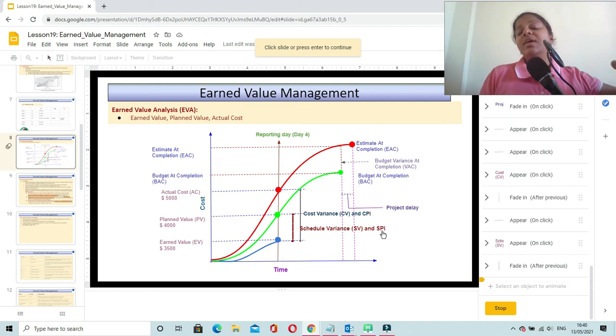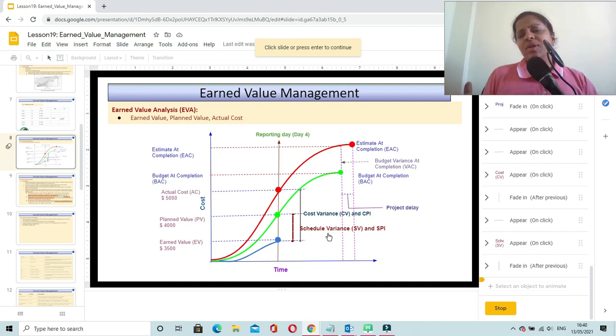And one more thing, if you have noticed, there is a twist in schedule variance. Here we are not taking into consideration the number of days or the time values. Here we are considering the monetary values for even calculating schedule variance. So this is how we do it in earned value analysis. In earned value management, we calculate schedule variance in terms of monetary value and not in terms of time or days or something like that.